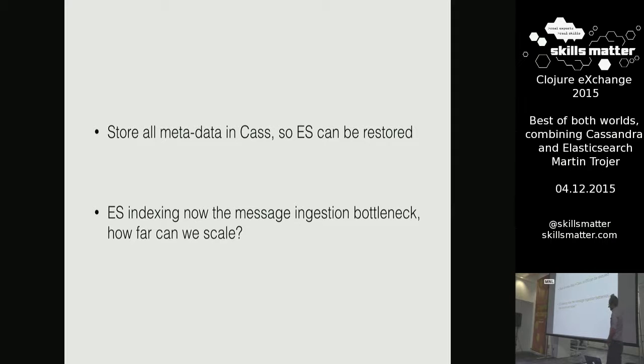The other thing that's quite interesting is the bottleneck for ingestion in our platform now is how fast we can index documents into Elasticsearch. And theoretically it scales worse for that than Cassandra does. So this is our future problem now. How do we scale our cluster to write a lot? But there are many other ways around that.